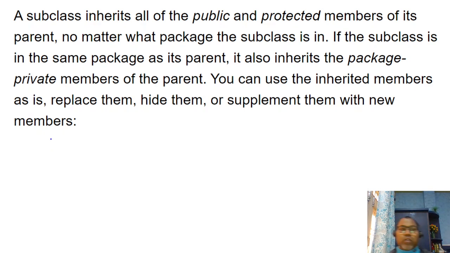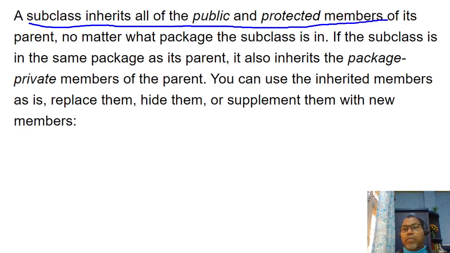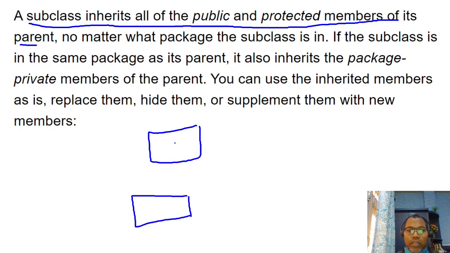A subclass inherits all public and protected members of its parent class. If this is your superclass and this is a child class inheriting the properties, which things can be inherited? The public and protected data members.